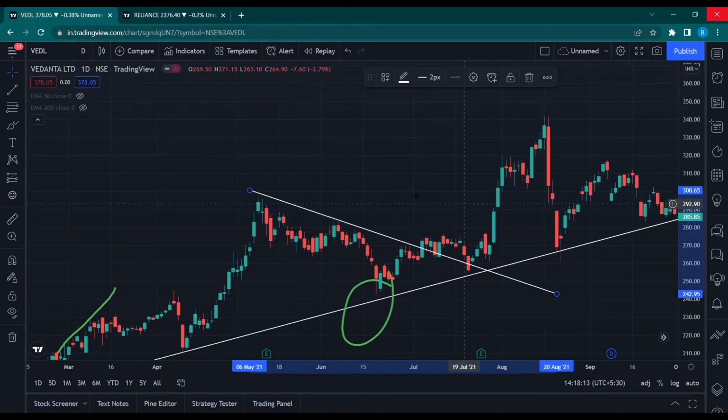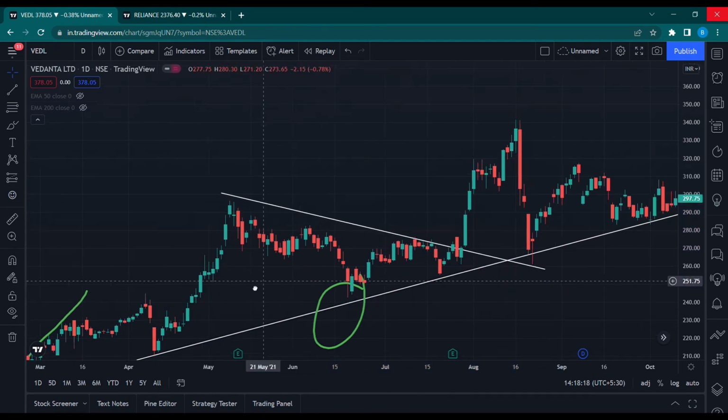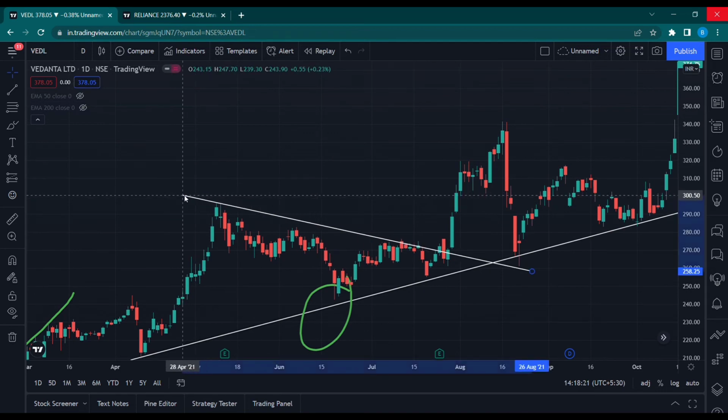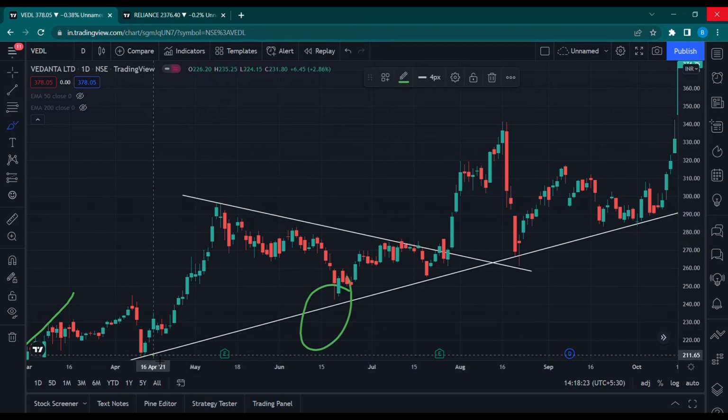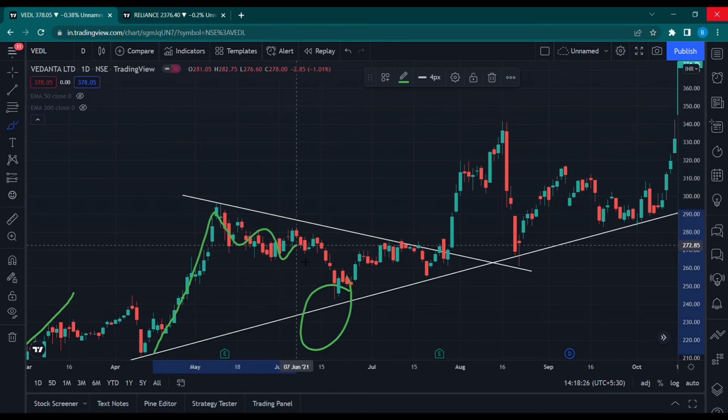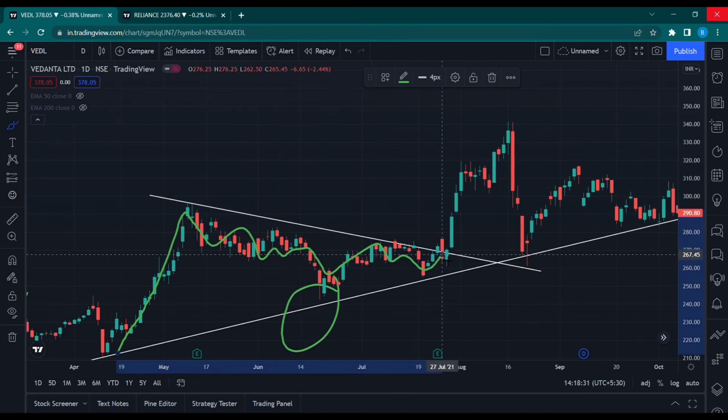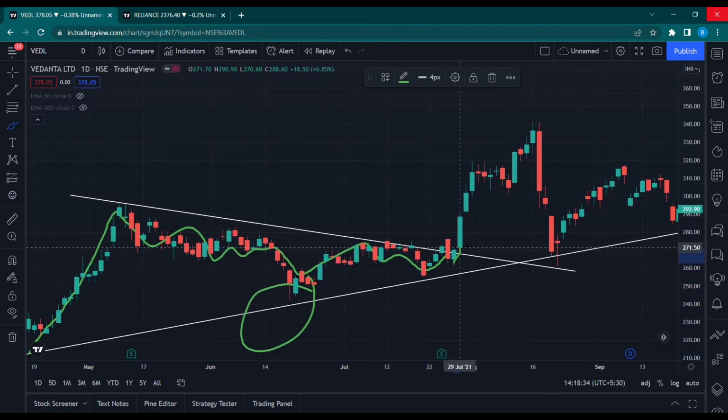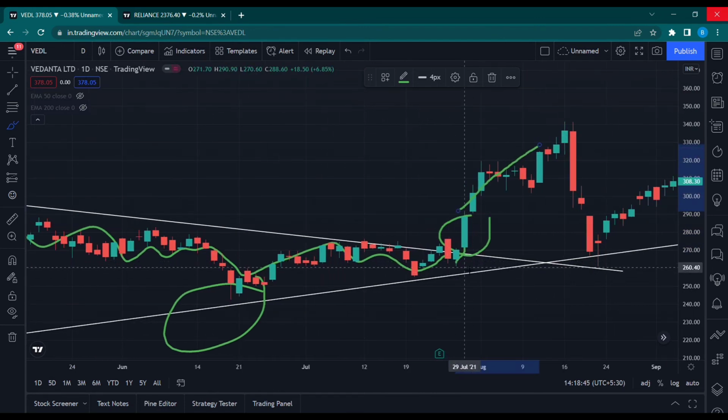So say for example, I'll just make it a bit better. So see here, what happens here? Prices go up, right? Make a move on the upside. It goes into consolidation, right? And then a bit of a small correction, and then you see a bounce, right? So once we see this candle forming, this indicates a breakout, and then we enter here. Stop losses can be below the breakout candle, right? And we can open a trade here.